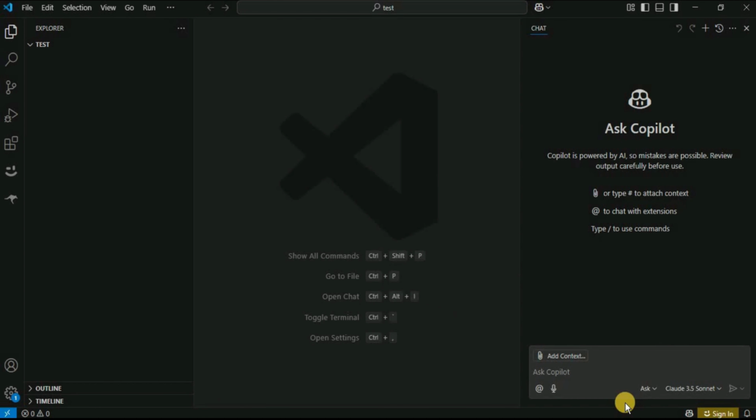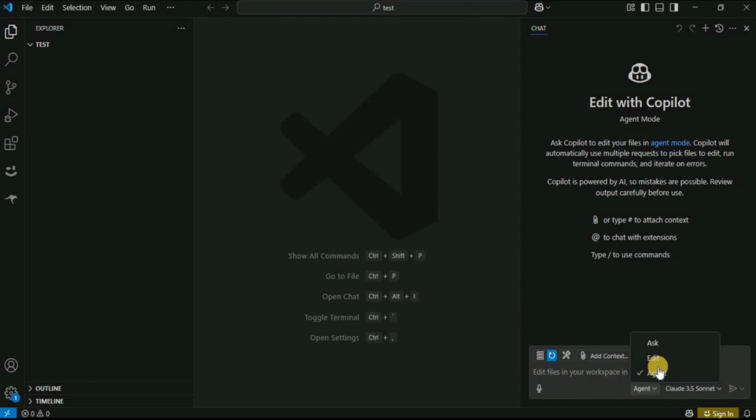So you must be thinking, what is actually the difference between the previously present edit mode and the new agent mode? So the main difference is that in edit mode, we have given the VS Code permission to create and modify the files right here inside the project. But inside the agent mode, if you ask the agent to do something inside the project, it is actually going to act a little more like you would if you were given that particular task. So it is going to run through and do all the steps that need to be done in order to take care of the task, which may include creating the files, installing the dependencies, and running the project overall.